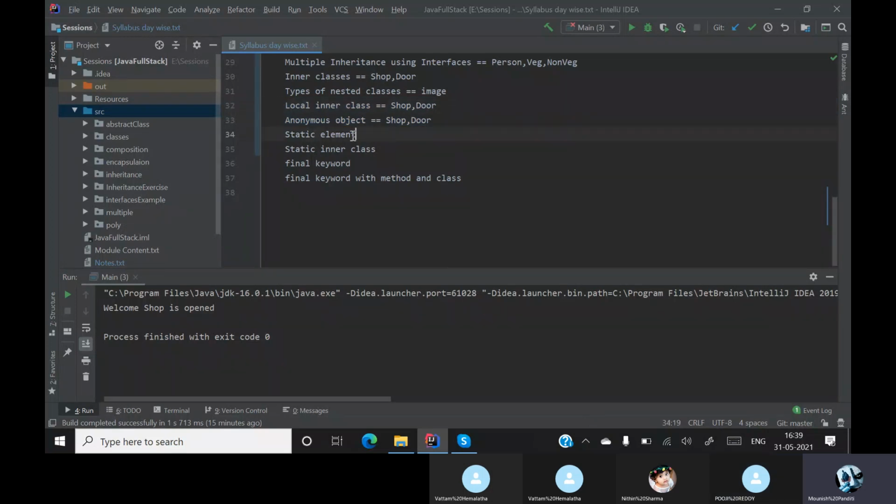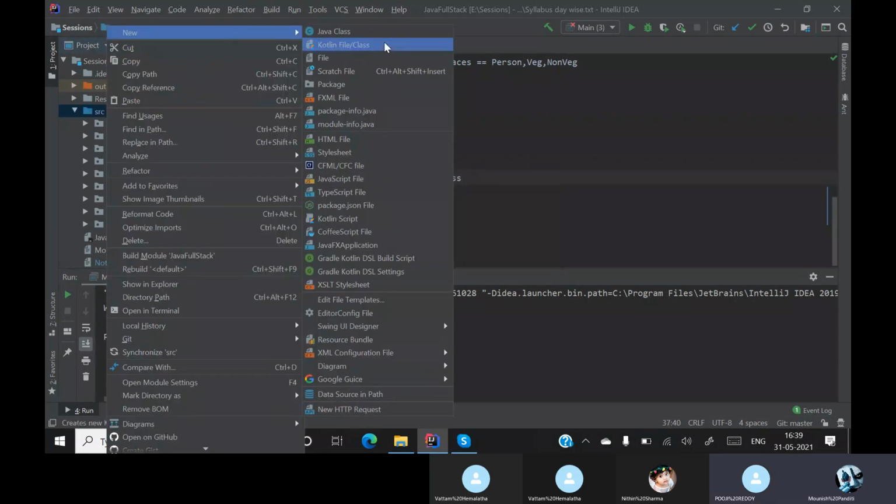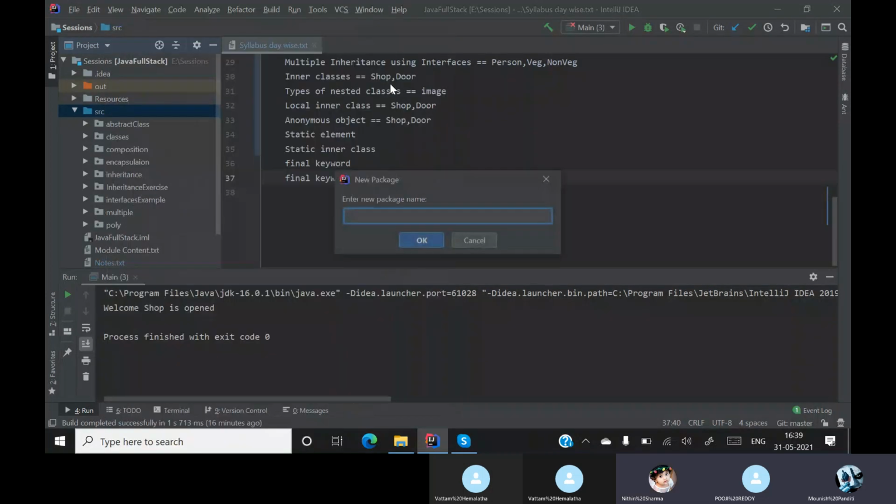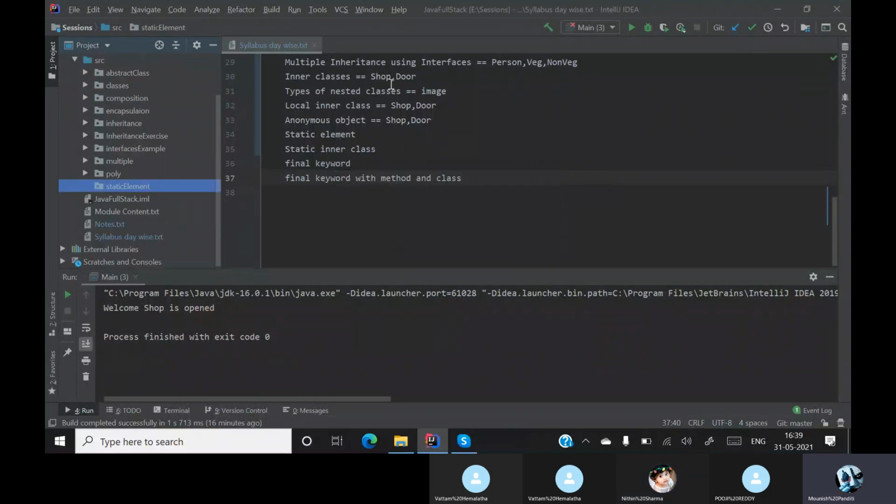Let's go to our static element. So what do you mean by a static element? It cannot change to user.